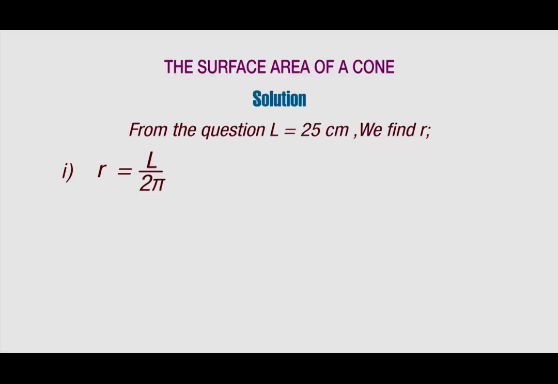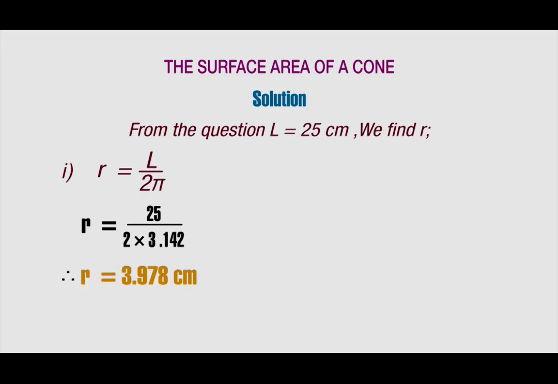But from the question, we were given L equals 25 centimeters. So if you do our substitution, we will have r equals L over 2 pi. And that will give us r equals 25 divided by 2 times 3.142, which will simplify to r equals